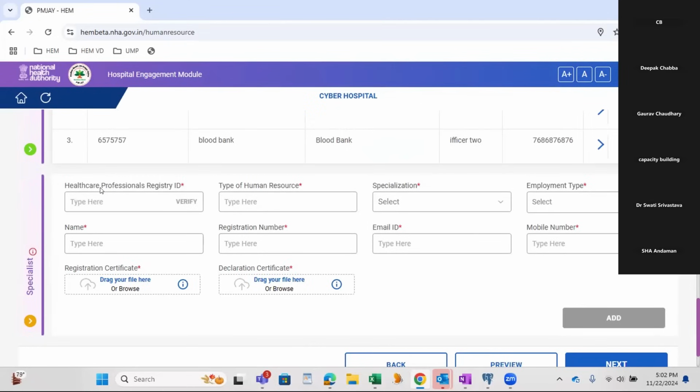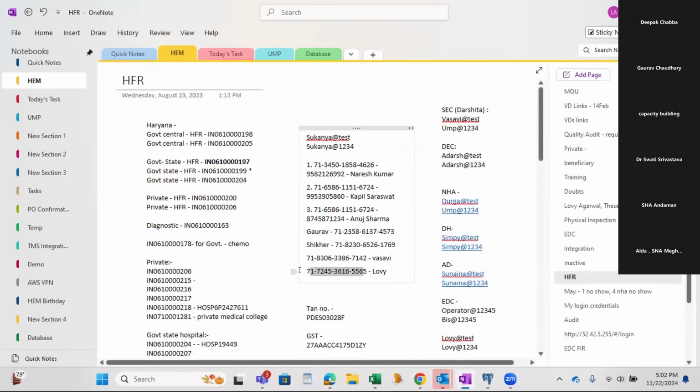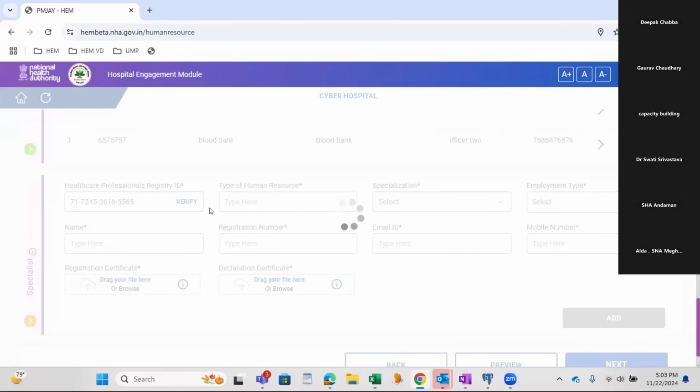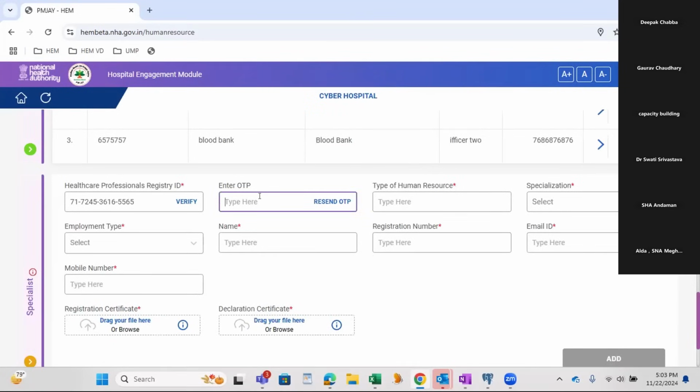So for this specific section, we have an HPR, a mandatory field. I am entering one of the doctor's HPR and I click on verify. I will receive an OTP for the entered HPR ID for which it is registered.